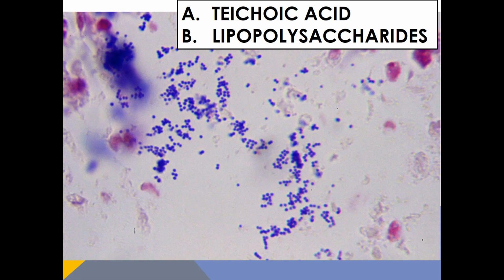So now when you look at a gram stain, what does it mean to you? What does that tell you? Does this organism have teichoic acid or lipopolysaccharides? Teichoic acid, yes. And would this organism be immediately recognized by the immune system? Yes, because of the peptidoglycan and the teichoic acids. Would the patient infected with this organism be at risk of endotoxic shock? No, because it does not have lipopolysaccharides. It's gram-positive.